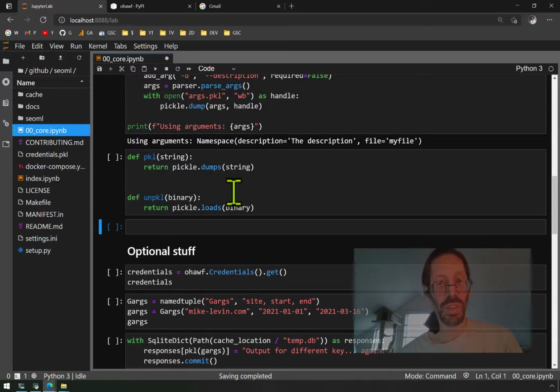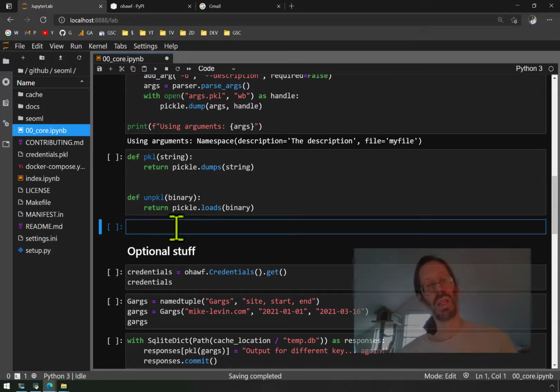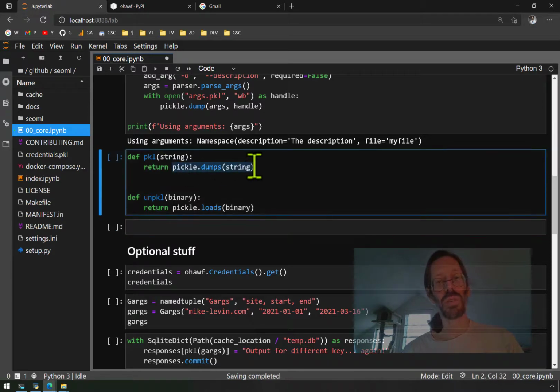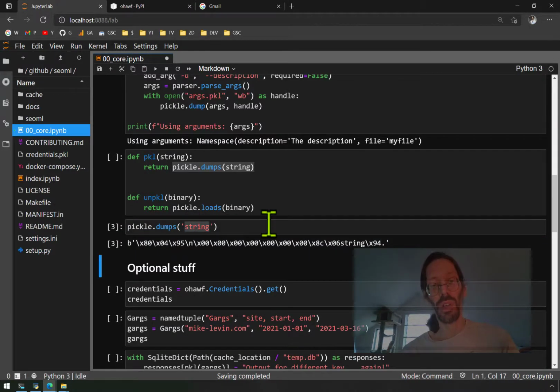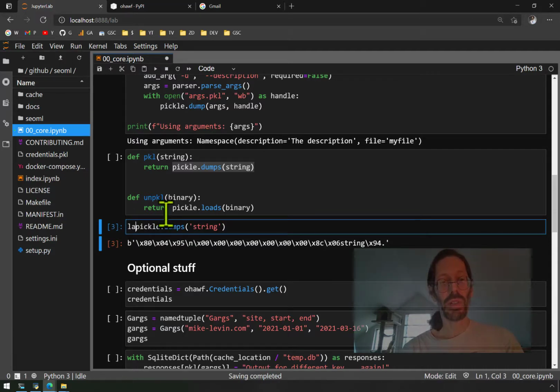lambdaify these pickle functions, we hit B to get a cell below it, and it's returning pickle dumps of some string. You're telling it a data type that's going in there. So what is some string? Well, the word string is some string, so that's valid. And now when you turn it into a lambda, you just say lambda, some arbitrary variable name, x, colon,